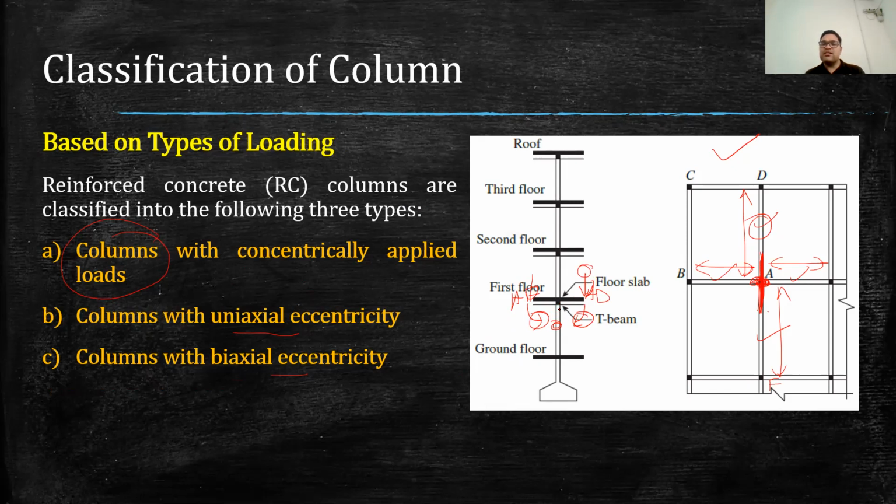So in such ideal condition, we can treat our column as an axially loaded column, because bending of this beam will be countered by this beam. Similarly, bending of this beam will be countered by this beam, only when all the beams are carrying the same load. Bending will be countered, only shear force will be transferred, and that shear force will be treated as an axial force coming on the column A. So that is the case of axially loaded column.